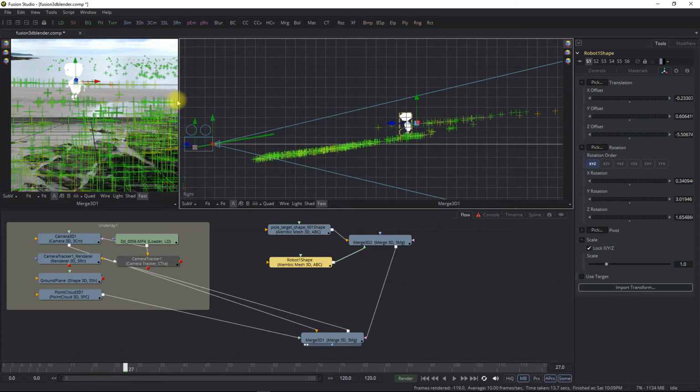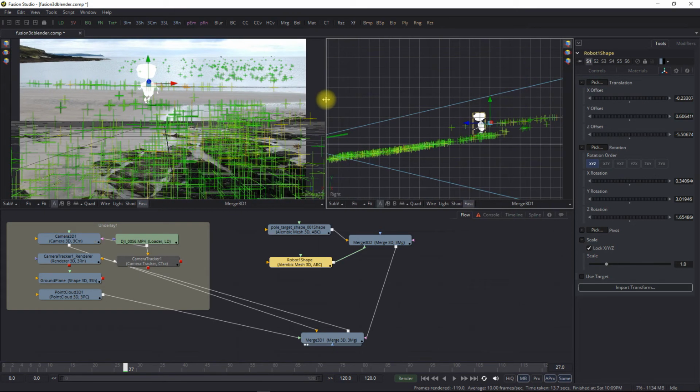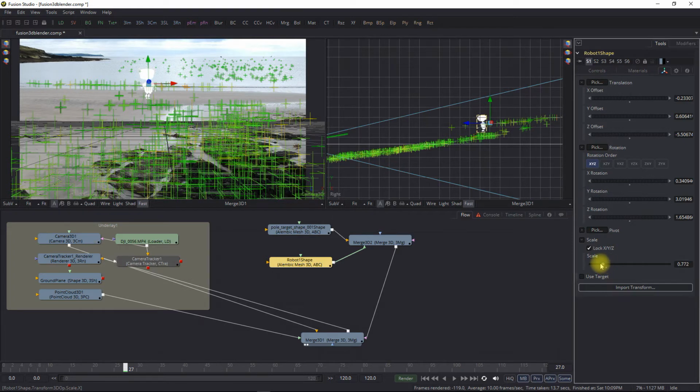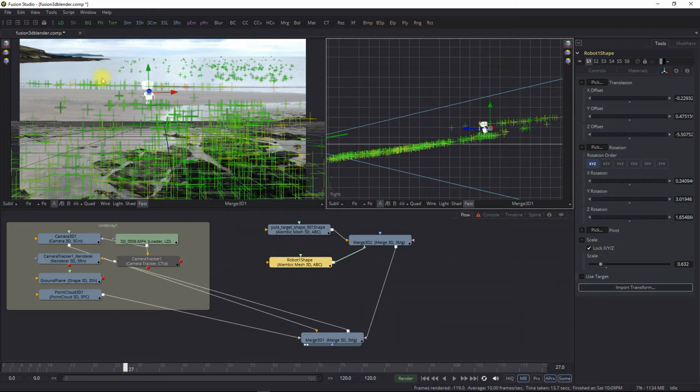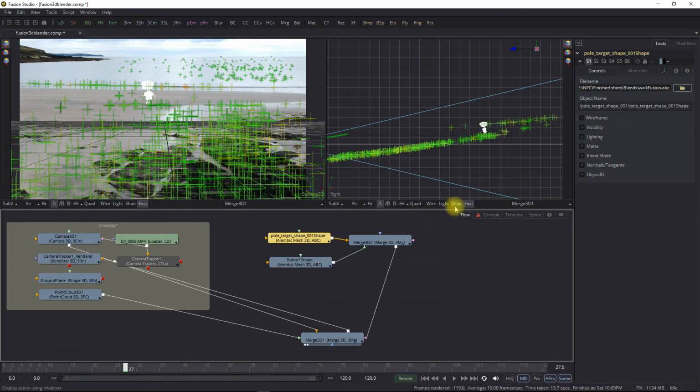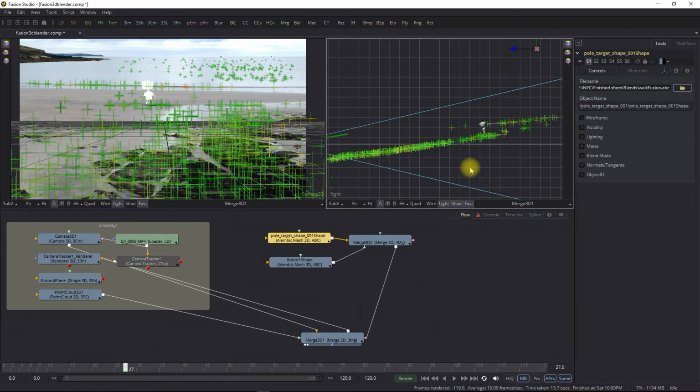Okay, we'll make this, there we go. So we can afford probably to make him a tiny bit smaller, just in terms of scale, and then we can bring him down a little bit to the beach level. Okay, so it would appear, just from looking at this, that these guys here are the sea and the waves, and hence they're up higher, and this line here is my ground plane for the beach. Okay. So he's sort of in place now, but if we look at him shaded,